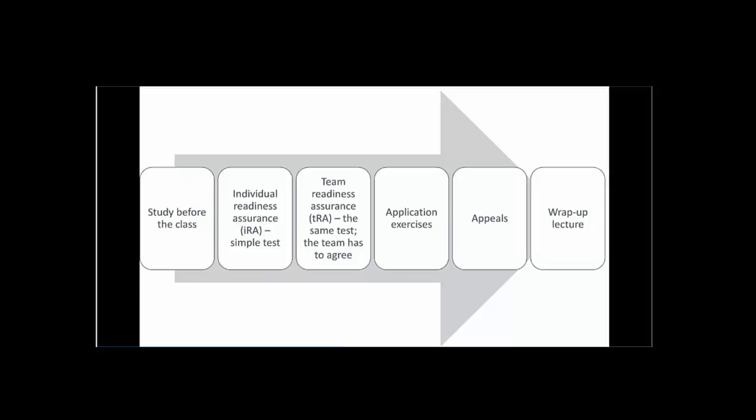You had this little thing, Ira and Tira, in the Algorithms and Computing 3 on the 5th week, as far as I remember, when the teams were formed and you got to know each other. So it was called a team bonding activity, but essentially it is the same thing. Then team readiness assurance is followed by application exercises. These are more complicated exercises on the material, where you don't just recall the facts, but rather you have to apply the facts in a complicated manner.